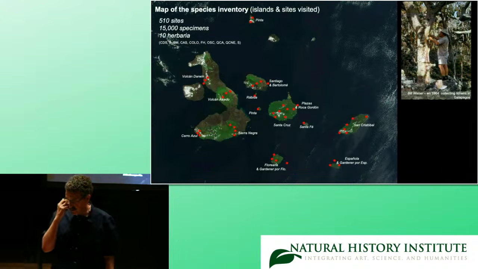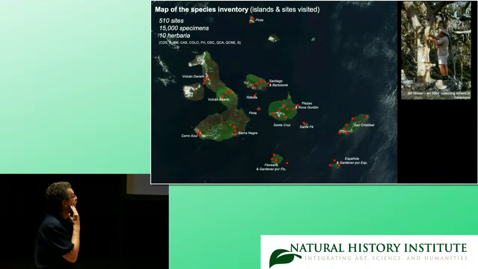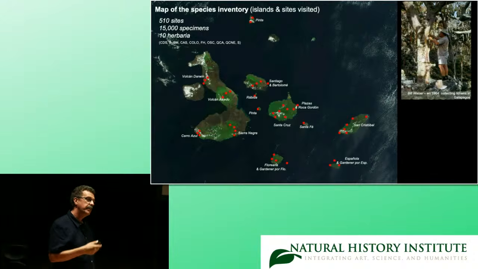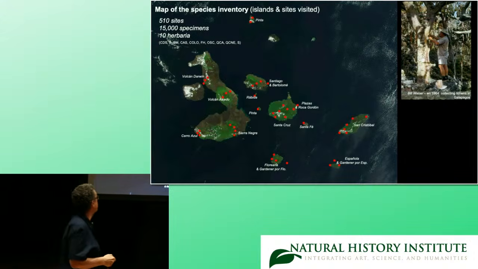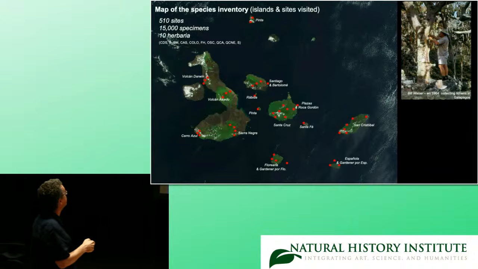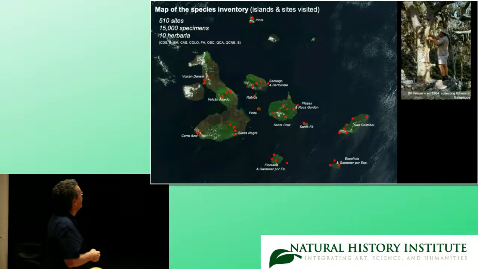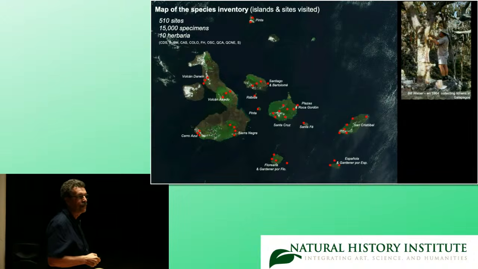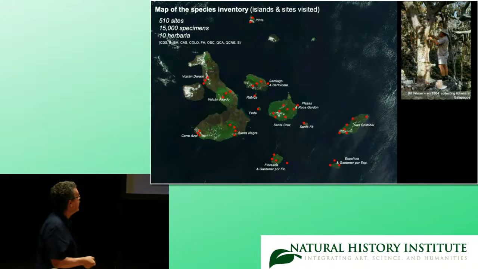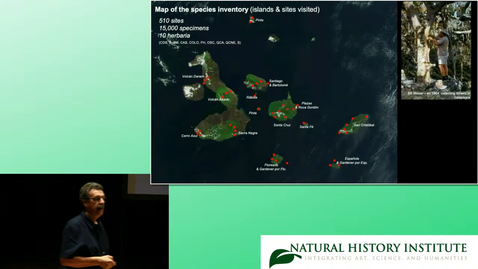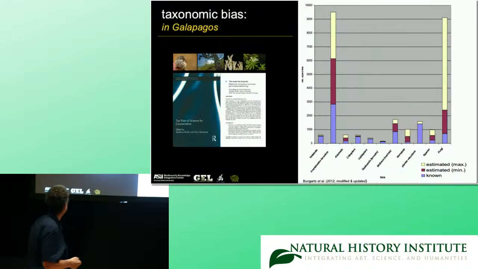I worked, like Jesse said in the introduction, for about 10 years in the Galapagos Islands, and I'm still working there, and I'm trying to publish a lichen book about the Galapagos. I went to many different islands and many different sites, about 500 sites. We collected about 15,000 specimens. And I looked at 10 herbaria, all the historic collections in the world where lichens from the Galapagos had previously been deposited. This is Bill Weber. He was the first lichenologist ever to work in the archipelago, and he started in 1964. He got to be about 100 years old and died relatively recently,